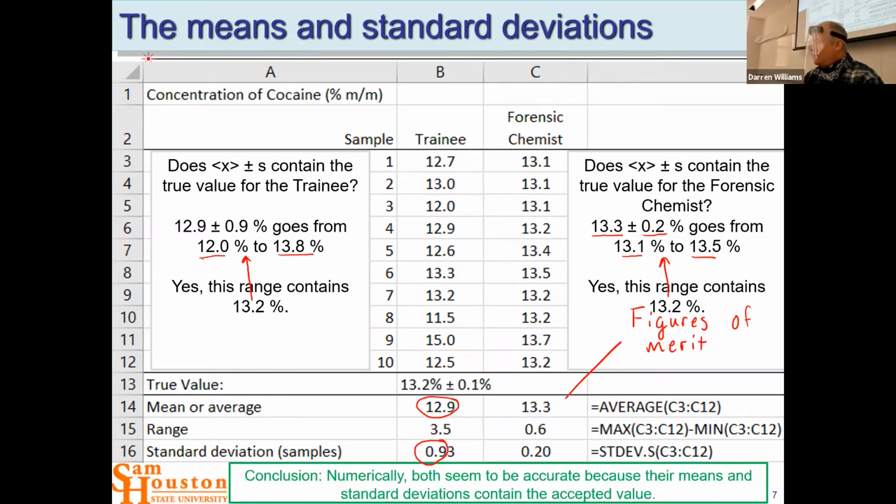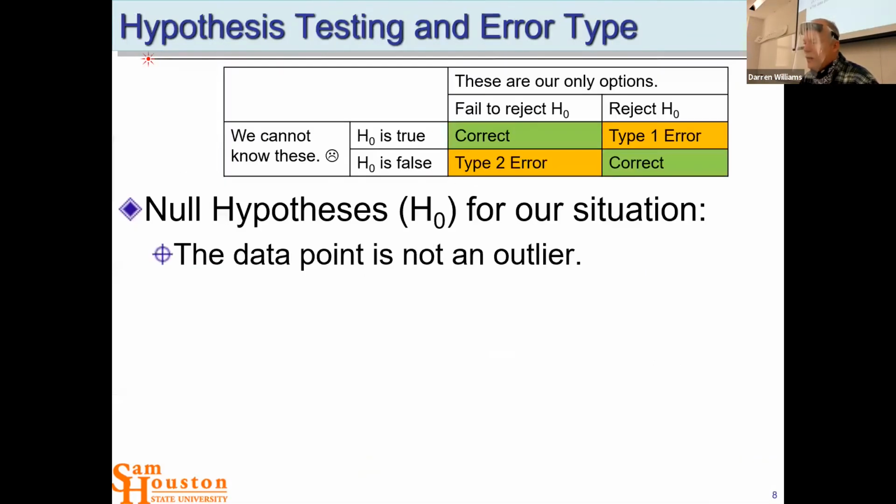Now, you can't know this unless you have some standards. So that's why we test ourselves against a known. And that's what this is. This is sort of a verification that our technique and our analysts can get the right answer. And you have to do that before you really look at evidence or unknowns. So you want to verify that you get the right answer when you test yourself against a library sample or a known sample. Okay, so let's look at hypothesis testing,